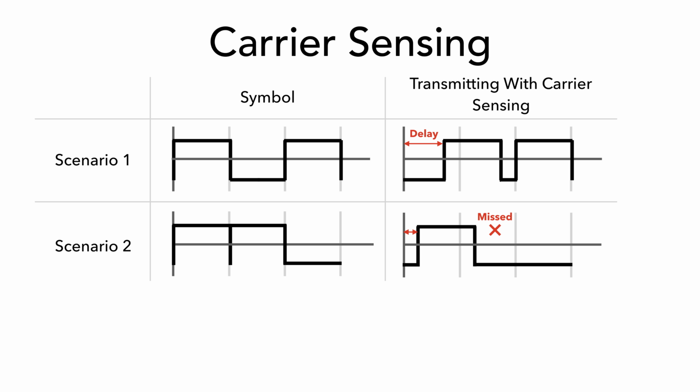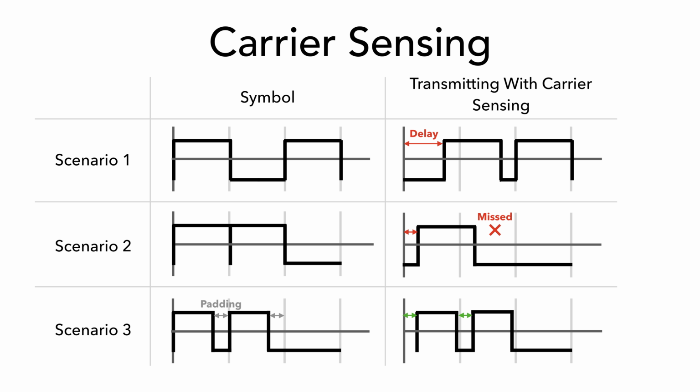So what we did to avoid this is we add padding. This is not usual for this type of system. It's not that crazy of an idea, but it's not usual. We're going to add padding to this system so that if there is a certain amount of delay, it'll be okay. We'll still be able to deal with it. So we're not going to transmit back to back. This allows us to deal with a certain amount of delay, and it'll still work out.